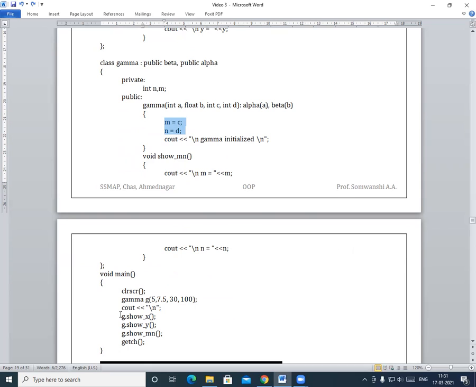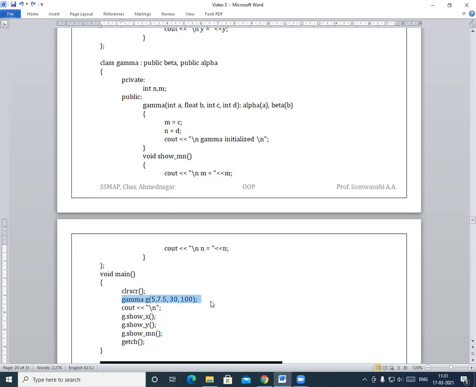Now here I am going to call all the functions. So first I am going to call show x function, where we are going to display the value of x. Then we are going to call show y function. So here we are going to display the value of y. Then we are going to call show mn, where we are going to display the value of m and value of n. And after that we are going to write the getch.